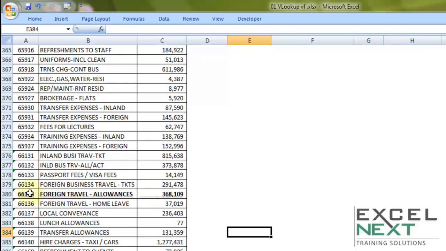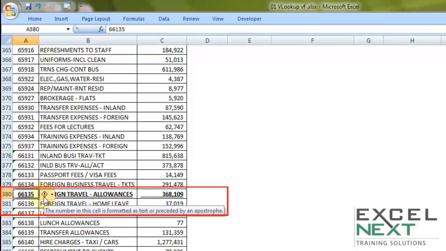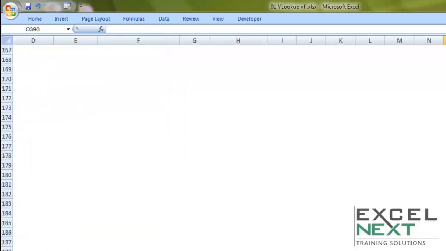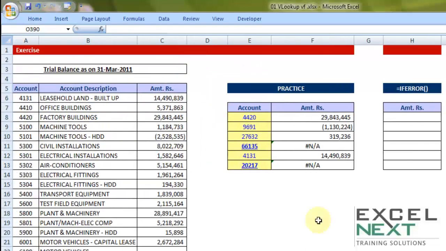The solution lies in knowing that in this case the account code is stored as text. The question which is asked on the top of the sheet, let me go to the top, is stored as a number, but the ones in the main database may be stored as text. They do not match in terms of the nature of their cells, hence VLOOKUP gave you NA. So I need to make sure that if these are all numbers, these are numbers too, so that VLOOKUP works perfectly well. To do that, I will use one technique which is borrowed from text to column.